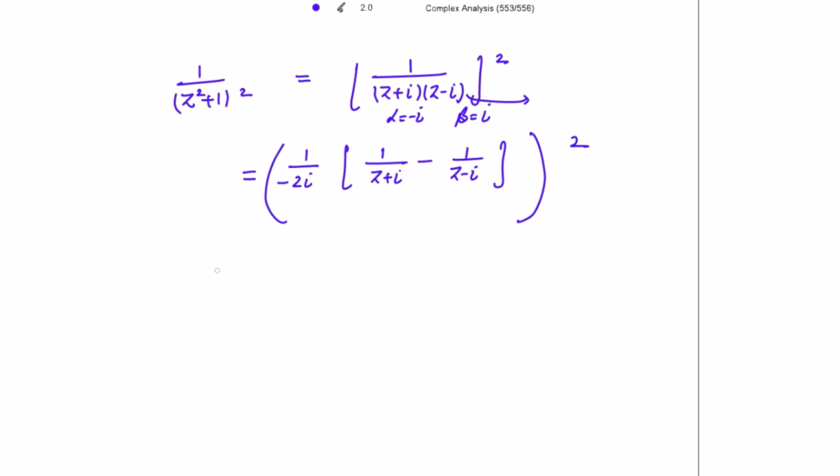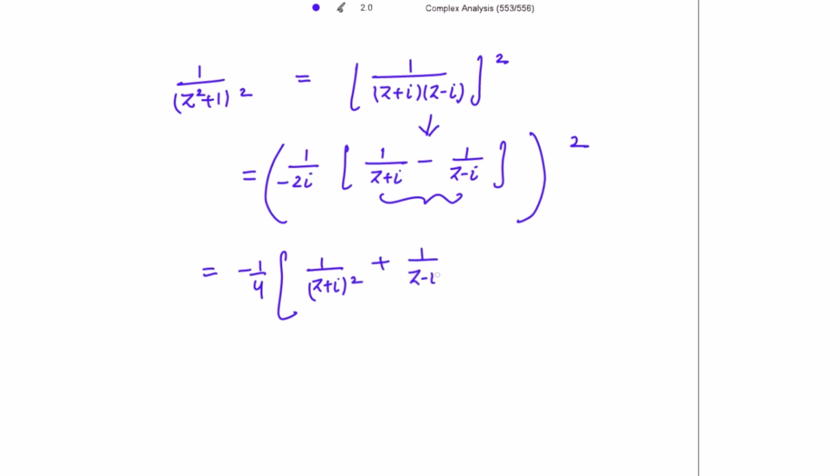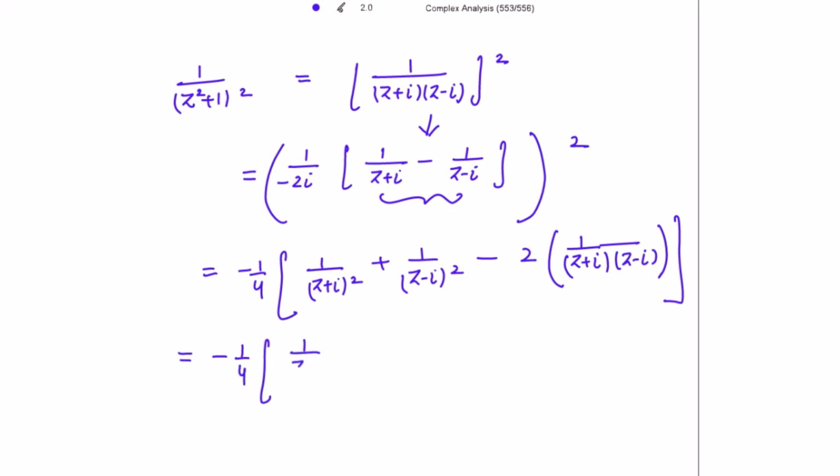Very fine. Okay, so this is equal to, what is iota square? That is -1. So this is further equal to, when taking the square, 1 divided by 4 iota square, and iota square is -1. So writing here minus 1 divided by 4, right? And the square of this, we write here a square plus b square minus twice ab, right? So this is further equal to minus 1 divided by 4, writing the first term as it is,